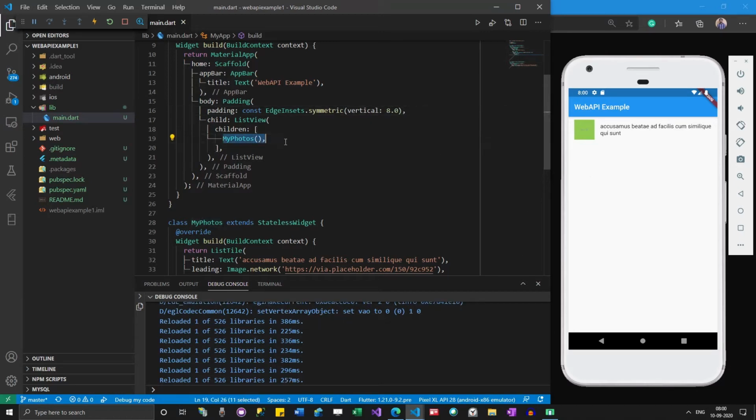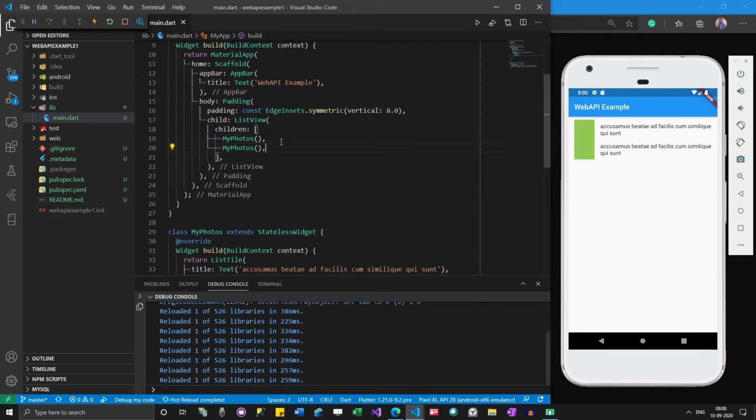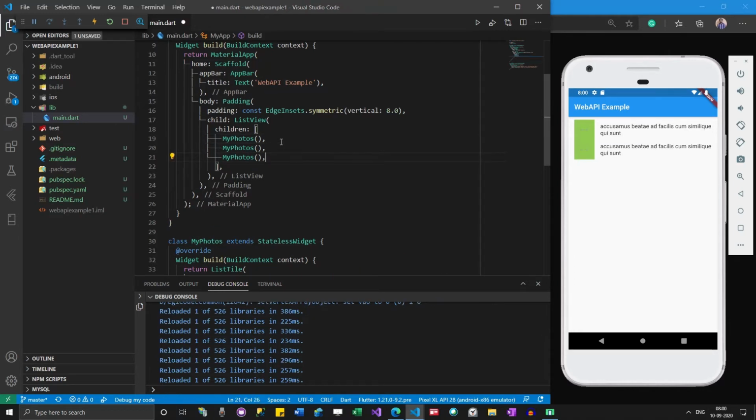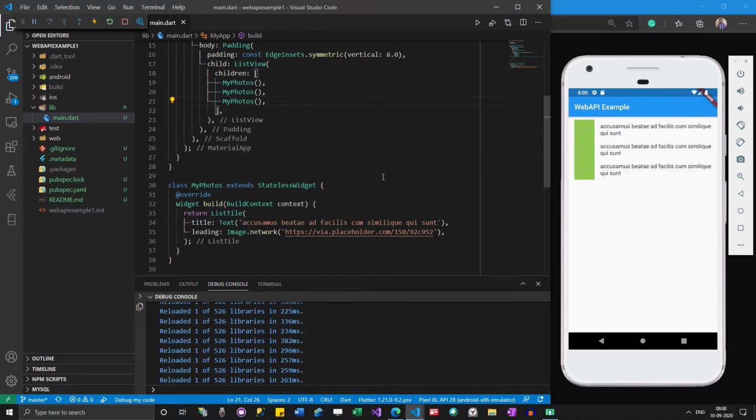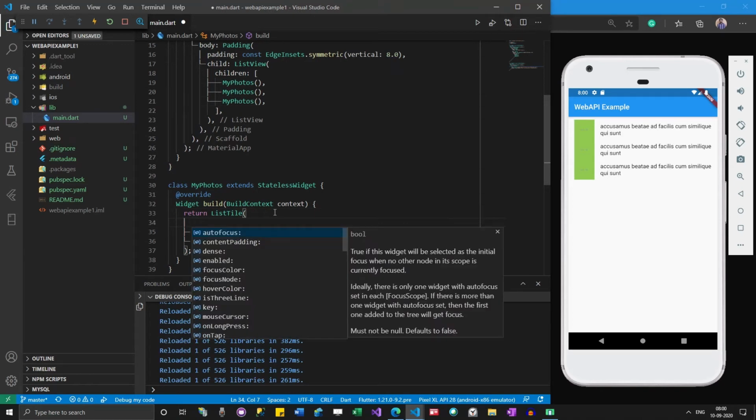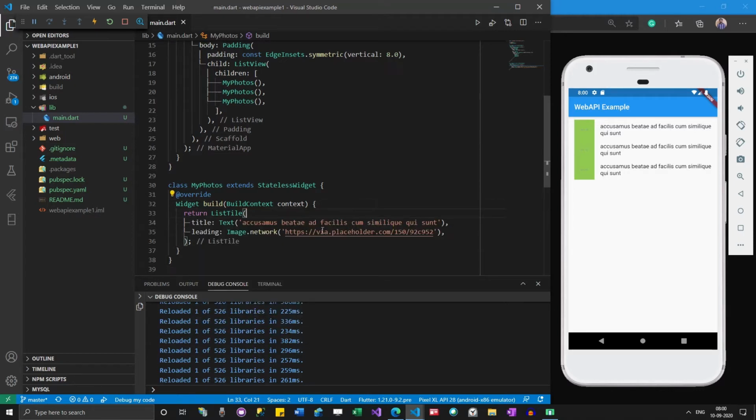If I want to add more photos, I can simply add. Let me have some space between them. Let's see if there is a value available here. I don't see anything available.